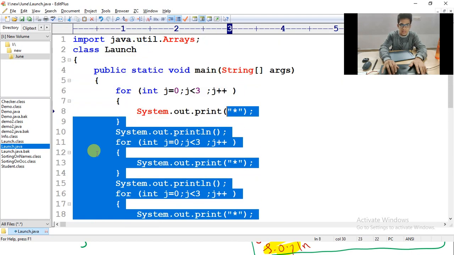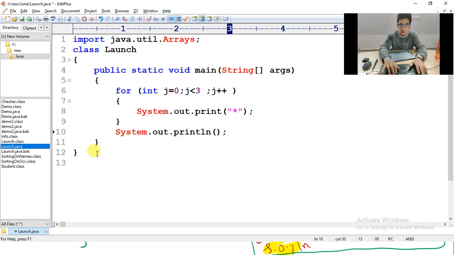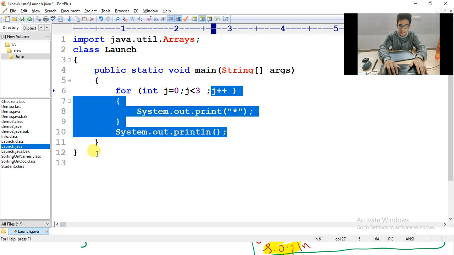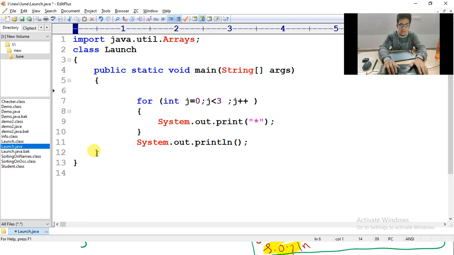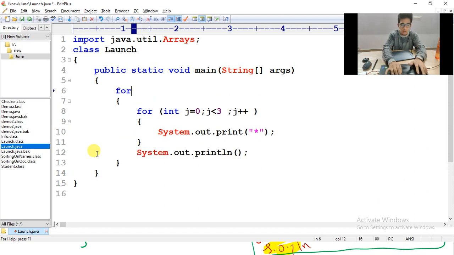So whenever you see some code as repetitive, what do you have to do? You have to put that code within one more block, like this. So I have put the code within one more block. Can you see a block here? Yes. Now the name of this block is for loop, right? So for the for loop I have to tell where int I should start from 0, I should be less than 3, I plus plus.